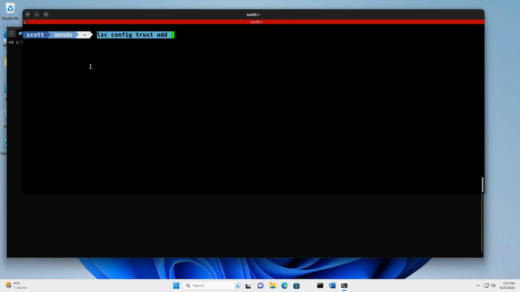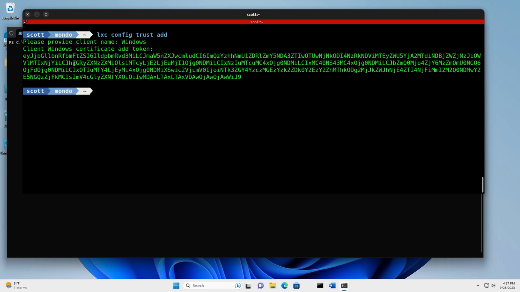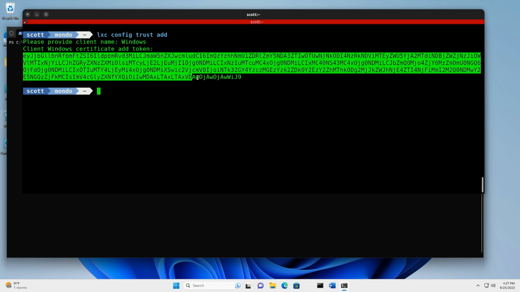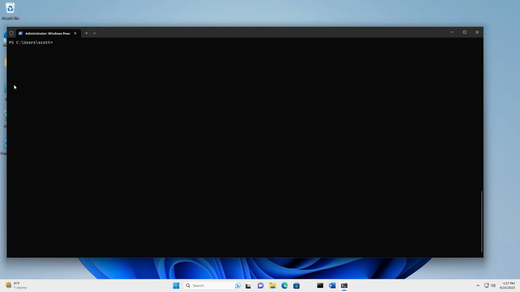And what I'm going to do here is an lxc config trust add on the LXD server. It's first going to ask us for a client name. I'm going to give it the client name Windows, and then it comes back and gives me a certificate add token. I'm going to copy the contents of that certificate add token,